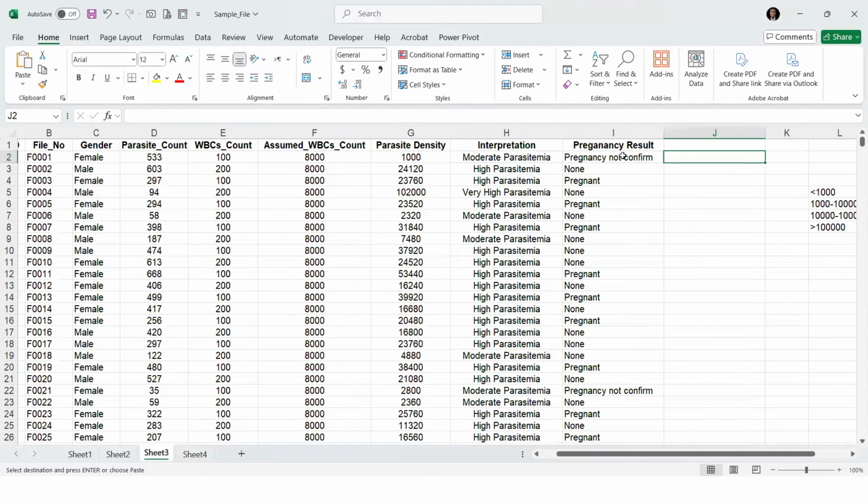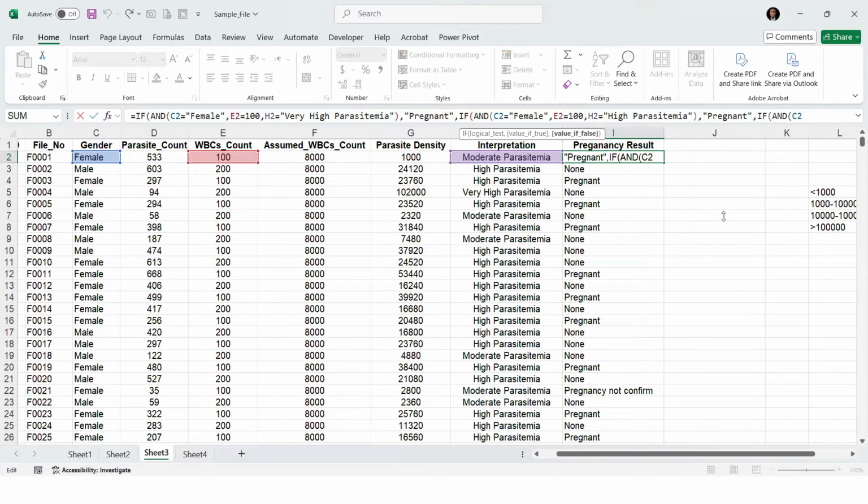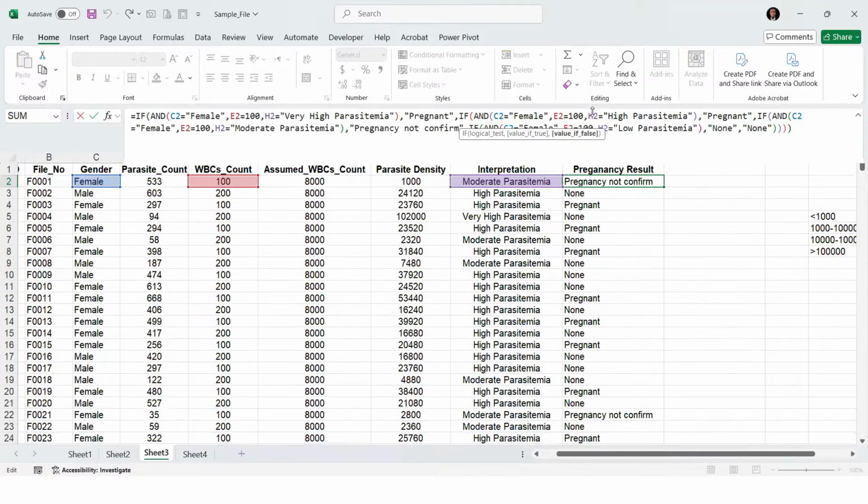Again, let's go to the data that we have. You can recall yesterday we created something like this, which let me increase the formula bar. We created